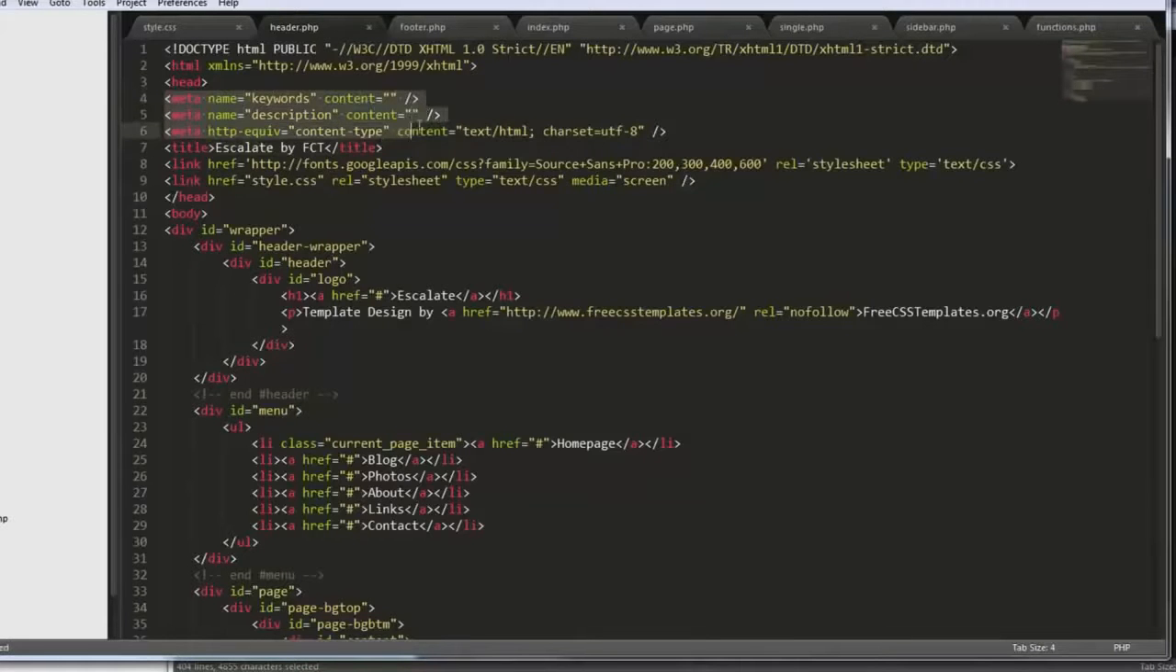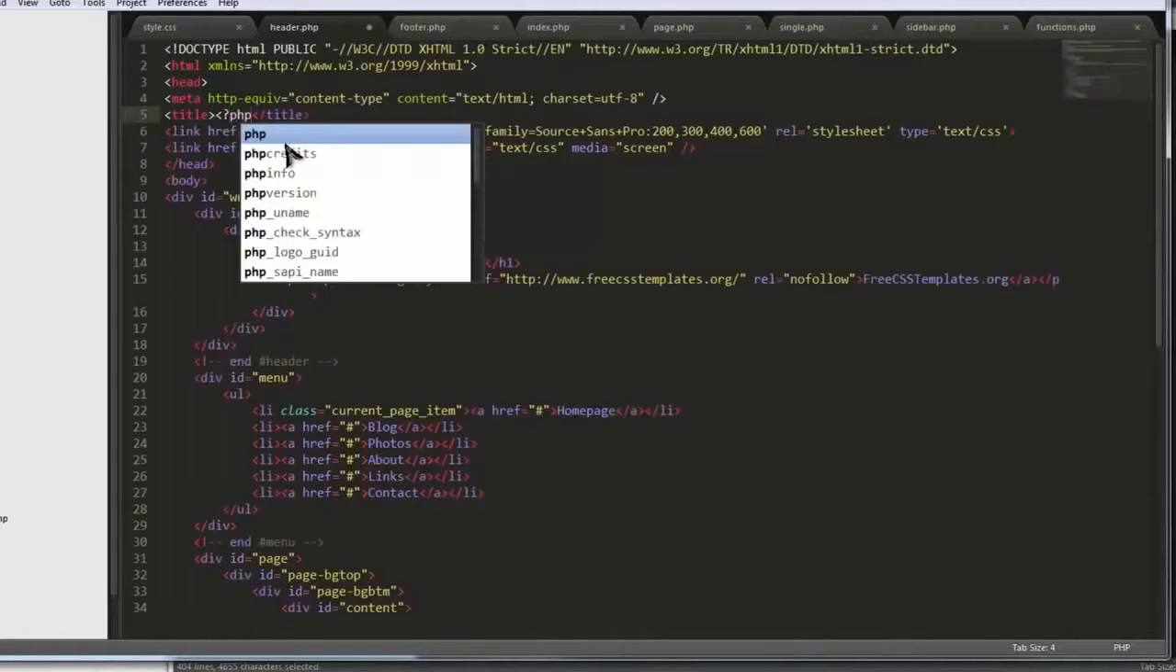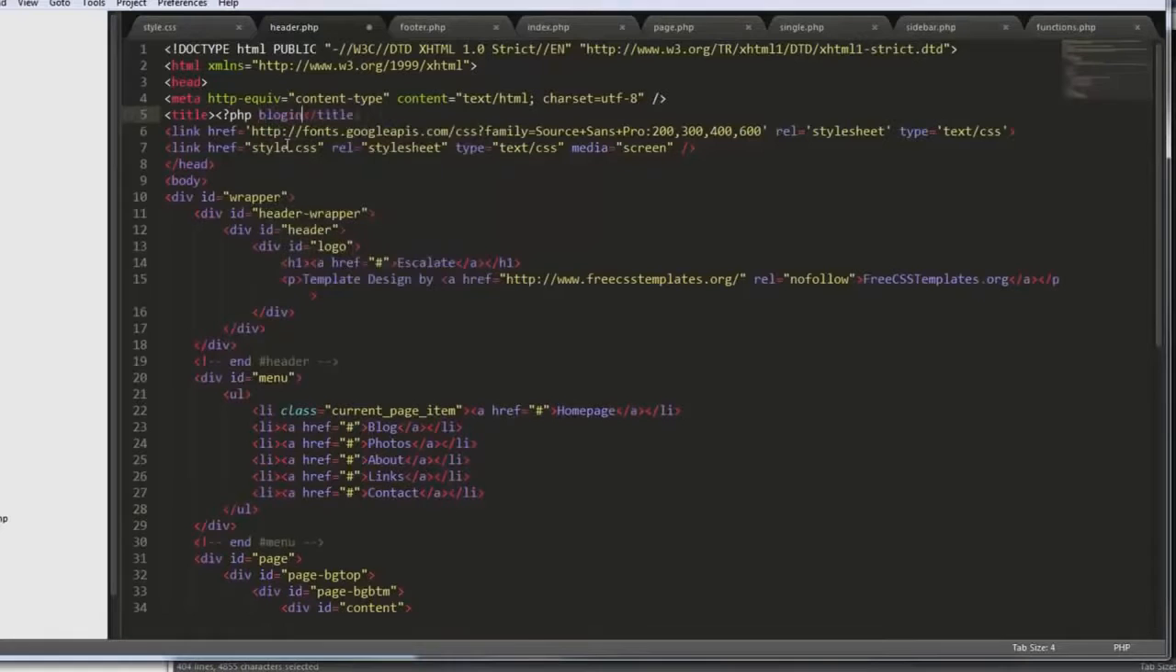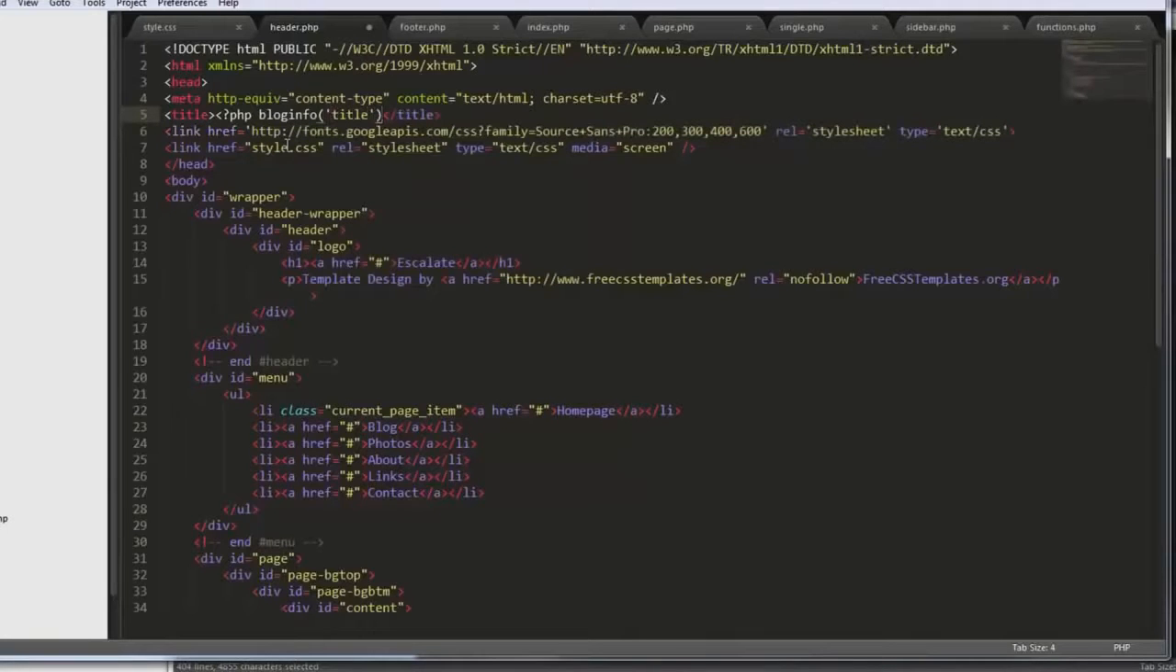We can keep the content type. The title, we can actually use the blog info API, so PHP blog info, and this is title. Okay, so what this will do is bring in the dynamic title of whatever page we're viewing. And as far as the,